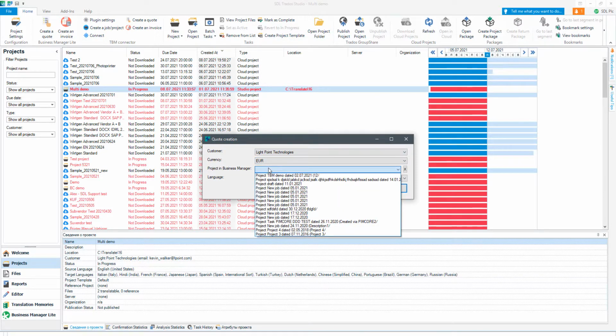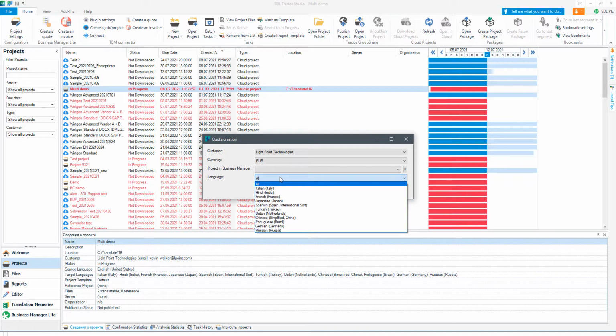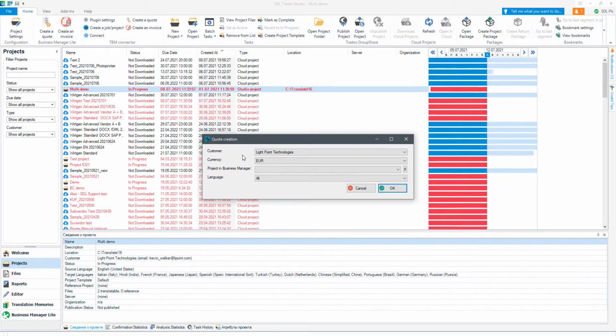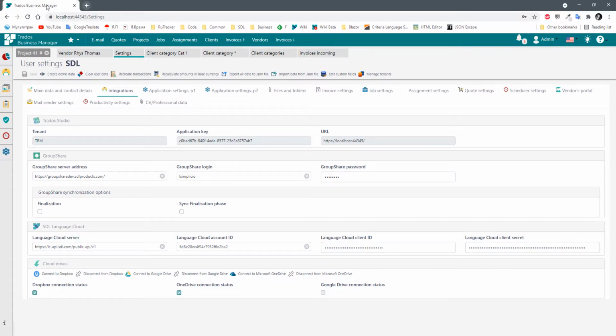So if we want to create translation jobs in some of the existing projects, we can select it in this drop-down list. And language, if the project in Studio contains multiple languages, then the quote will be created for all languages. However, if we want to process only one of these languages, we can select one of those here in this drop-down. And when I click OK and switch to the Business Manager instance, then in a few seconds